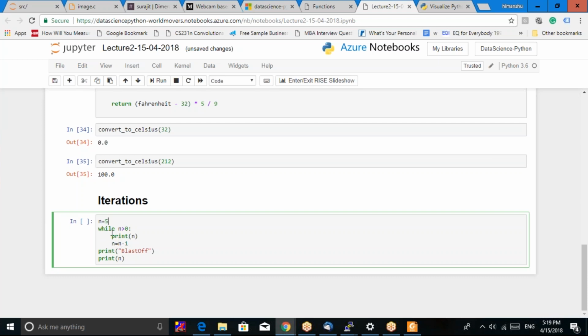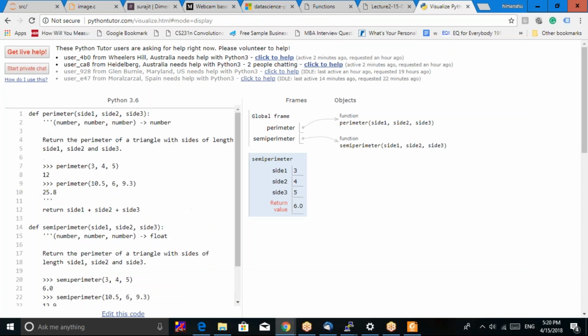Then it becomes 3. Then 3 is compared to 0. It will print 3 and then n becomes 2. Then again 2 is compared to 0. It prints 2 and then it becomes 1. Then 1 is compared to 0, it's still true, print 1 and then it becomes 0. Now when n becomes 0, it's not greater than 0. So now it will come to the next step, and then print n. So now this can be very easily understood using this